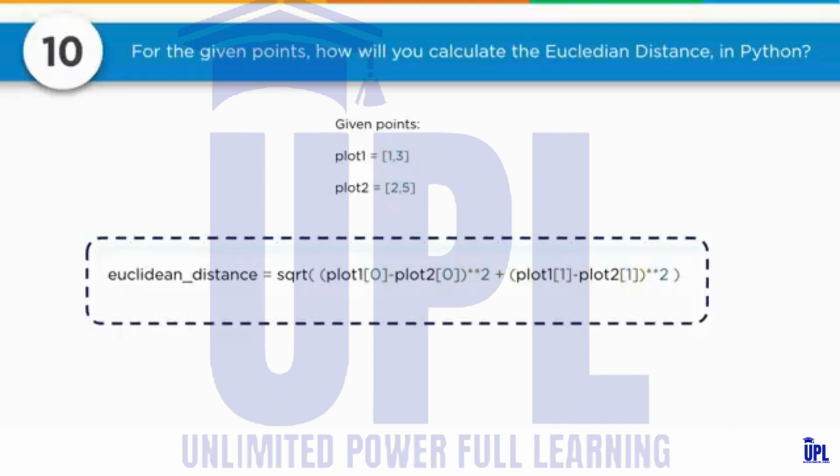So the Euclidean distance equals the square root of plot1[0] minus plot2[0] squared, plus plot1[1] minus plot2[1] squared. Mouthful there. And you can remember if you have multiple dimensions that go past 2 dimensions, you could have plot3 can simply be the distance from plot1